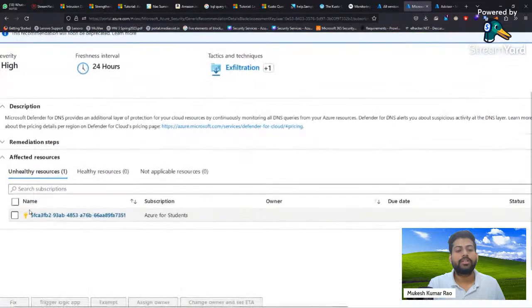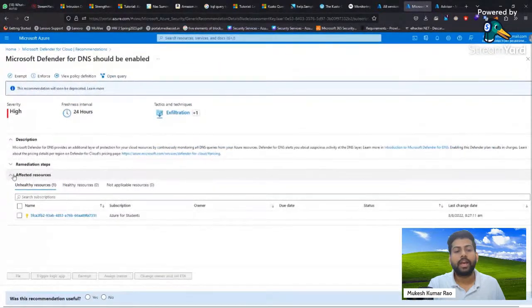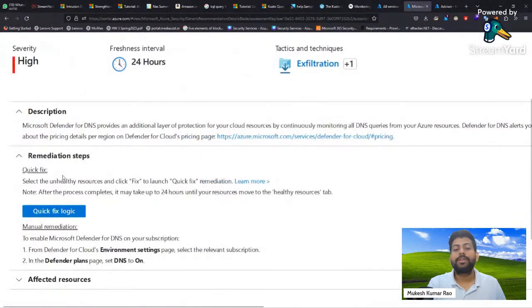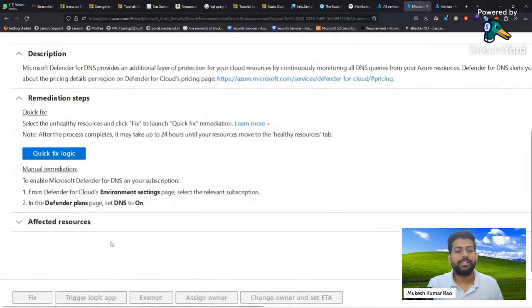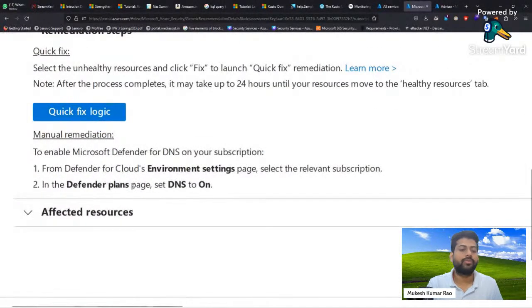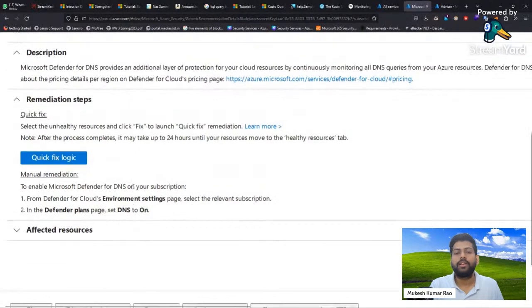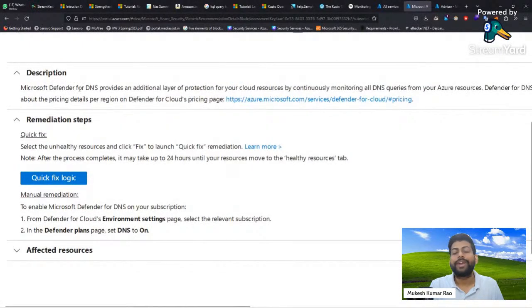So this is a subscription account, and here if you go, the recommendation steps are given. You can directly click on this part to fix it automatically, and a step is given on where to go and from where you can enable that thing. So this is a smart approach Azure is providing through Microsoft Defender. But remember that this is a paid subscription.